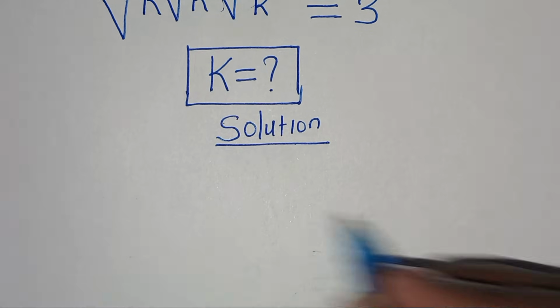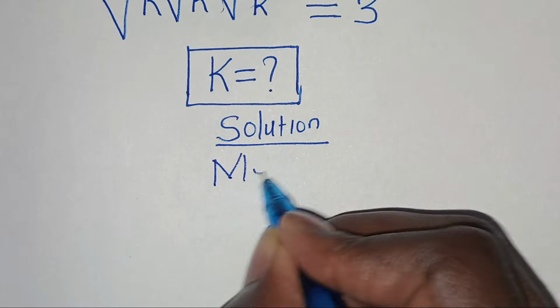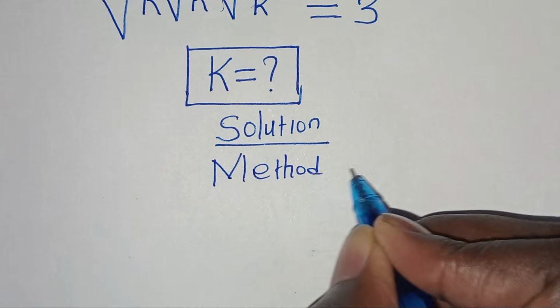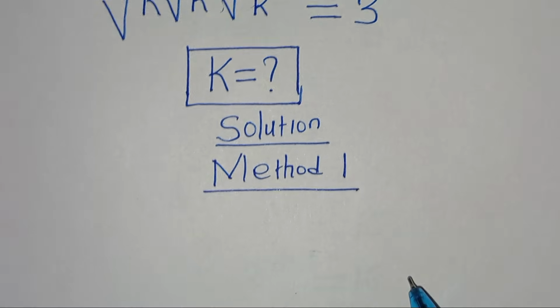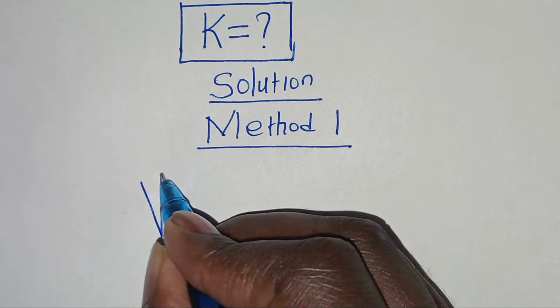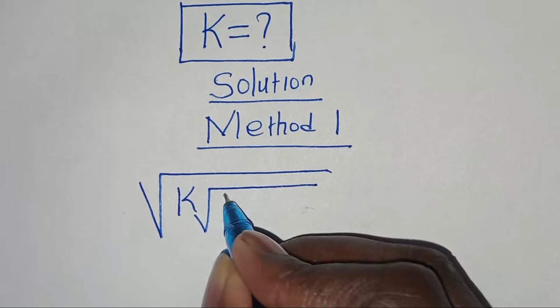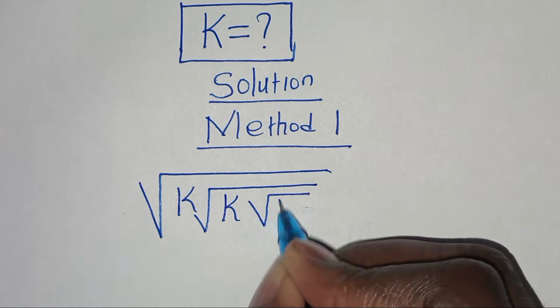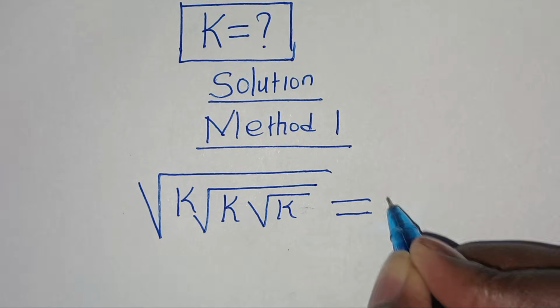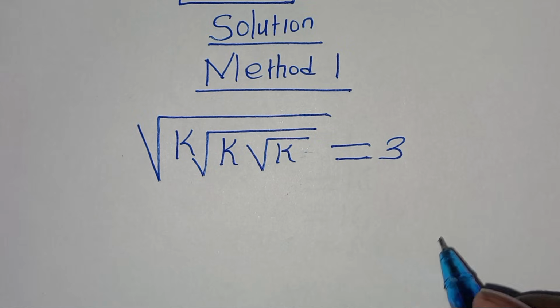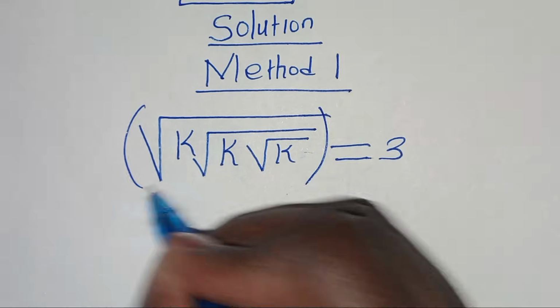Now we're going to apply two methods. Let's start with method 1. So we have the square root of k multiplying by the square root of k times the square root of k here. This is equal to 3. So the first step is to square both sides,